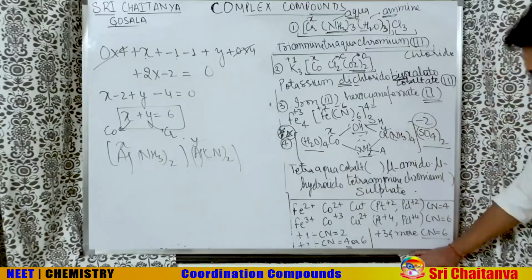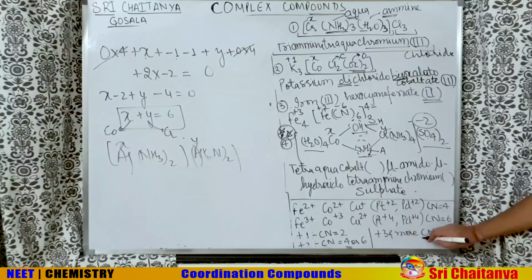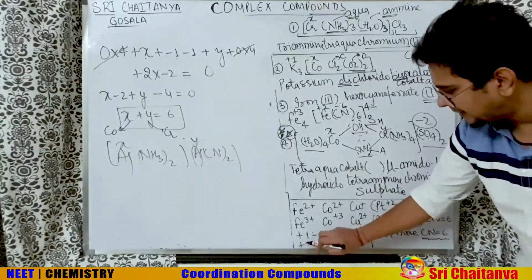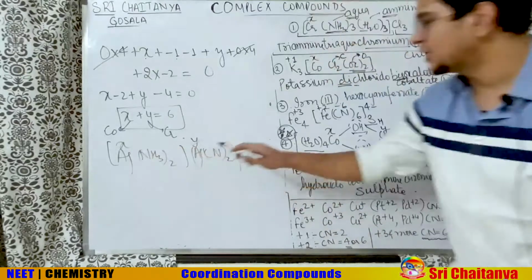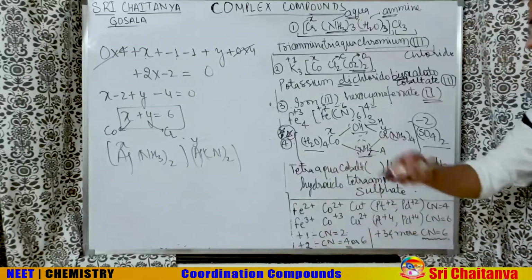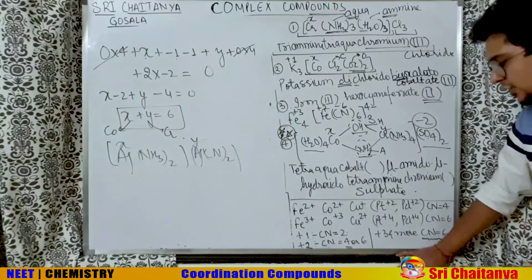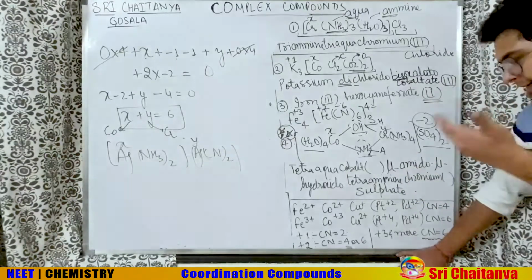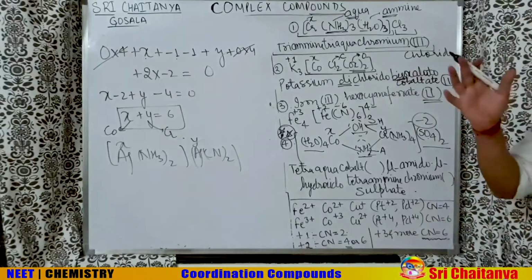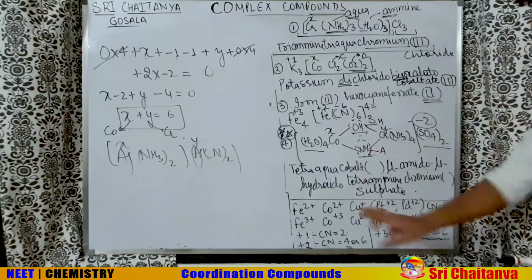Carry on. If the charge is +3 and more, then coordination number 6 is favored. These are the tricks we can use. When we have +1 charge, for example Ag +1, coordination number 2 is favored. When we have +2 charge, coordination number 4 or 6 both can come, but mostly coordination number 4 is favored. So as you can see, as the oxidation state is increasing, coordination number is also increasing. It's a general rule you can use if you get stuck somewhere and there is no way out. But this is the best way out to understand.